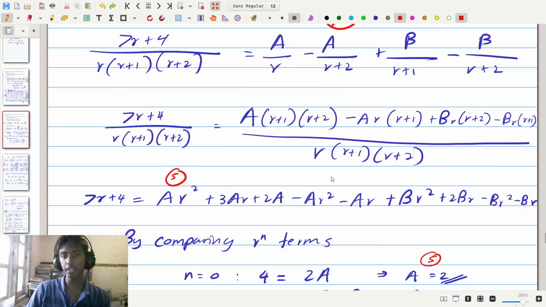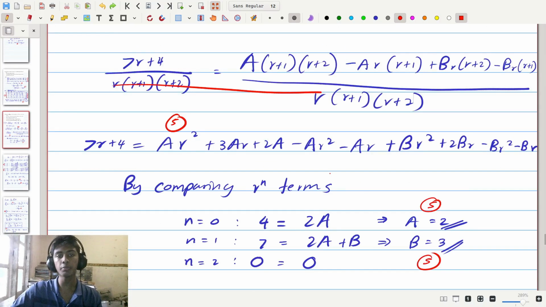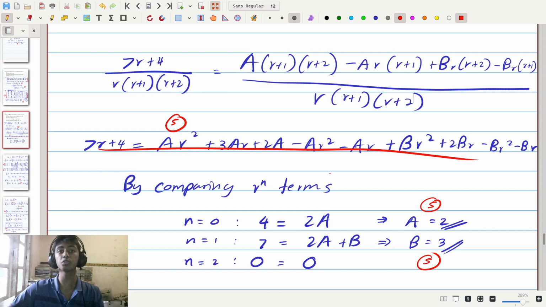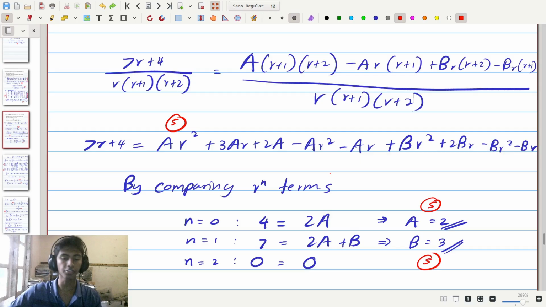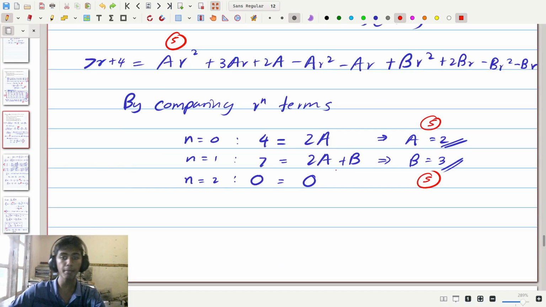When you then simplify that expression down and you cancel out the denominators like this, and you get this expression right here, which can be used to make the two simultaneous equations that you can use to then find a and b, you get 5 marks. Then when you finally find a and b, for finding a you get 5 marks, and then for finding b